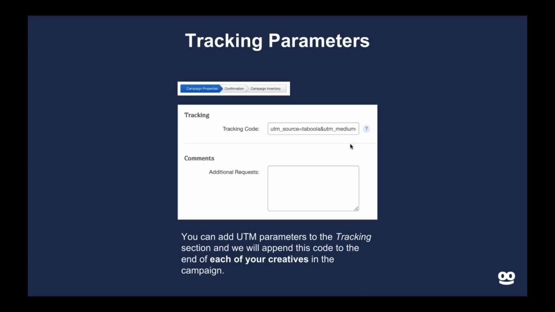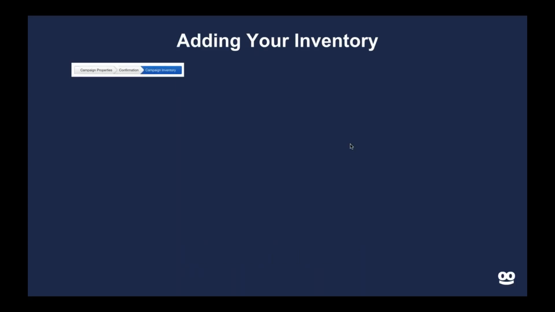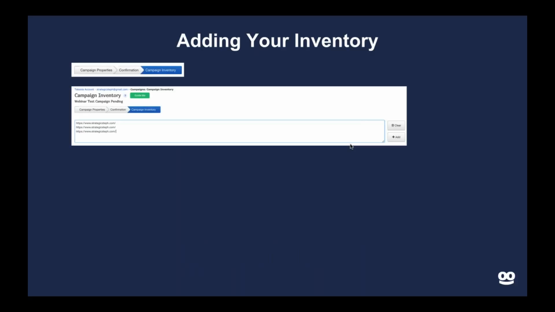But then once you're ready, you're going to go ahead and scroll to the bottom and hit continue. You'll get to a review page to confirm everything is proper. And then you'll be able to go ahead and add your inventory. Now, in the example shown here, you start by adding the landing pages that users will arrive at once they